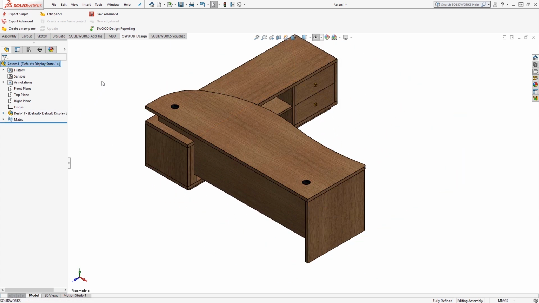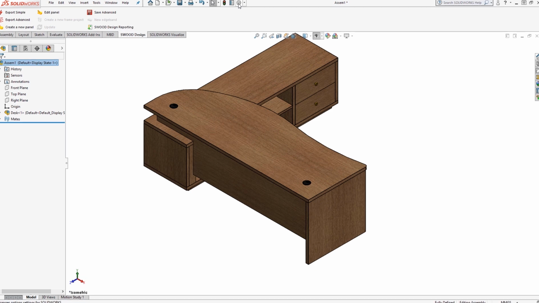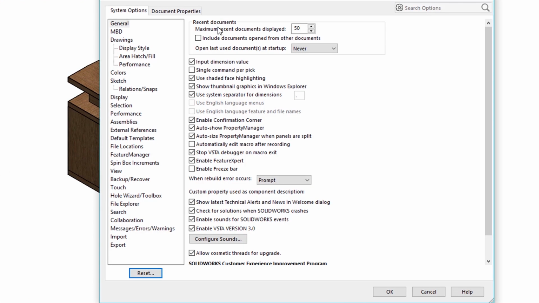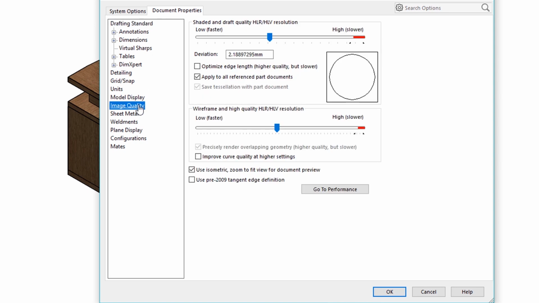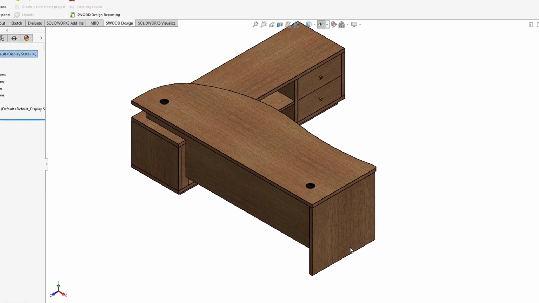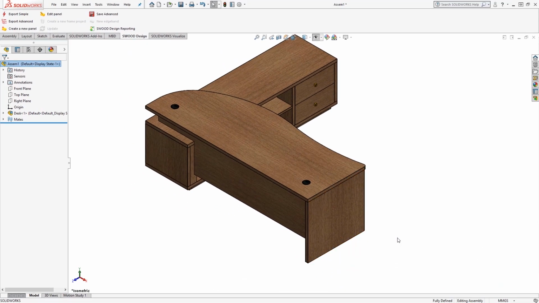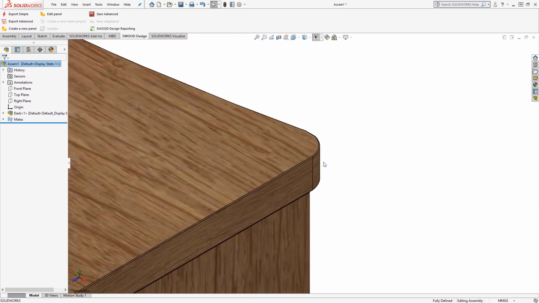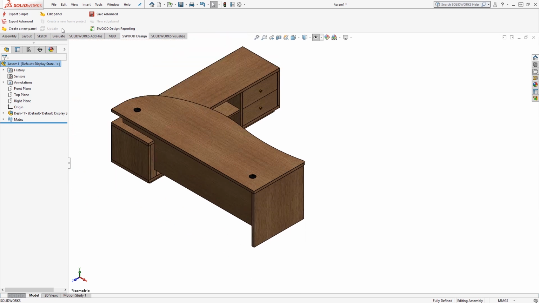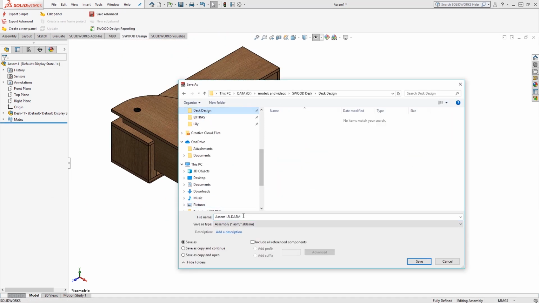Depending on your template, the final thing you need to do is to make sure the image quality is set to high. The reason you need to do this is for curved parts, especially if you're going to zoom in on them, because otherwise the parts will look very tessellated. The image quality in SOLIDWORKS will be taken through to the image quality in Visualize for SOLIDWORKS parts. Now we are ready to bring this into Visualize.